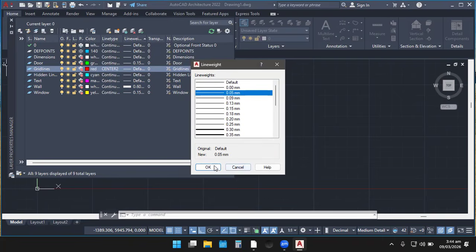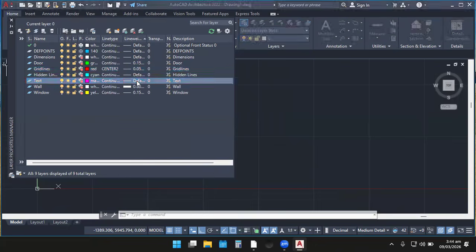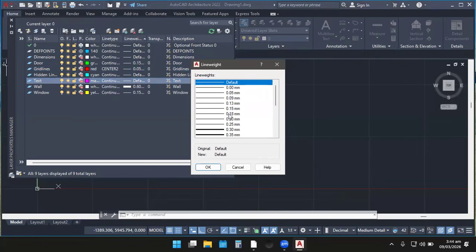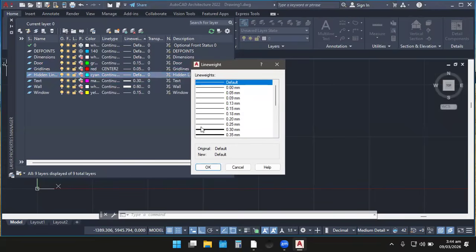And also, for the text, let's use a line width of 0.30. See. And also for the hidden line, let's use a line width of 0.15.